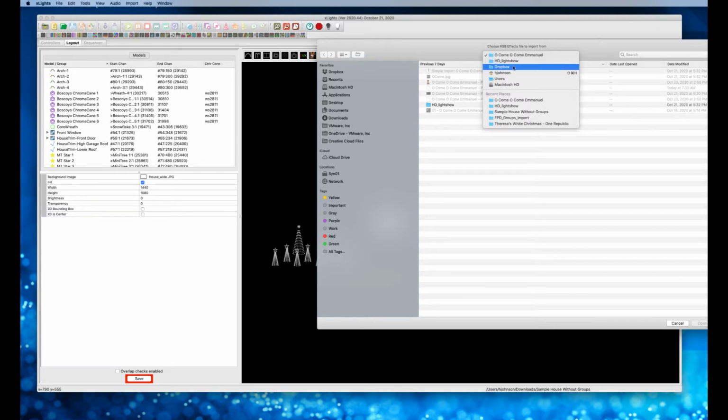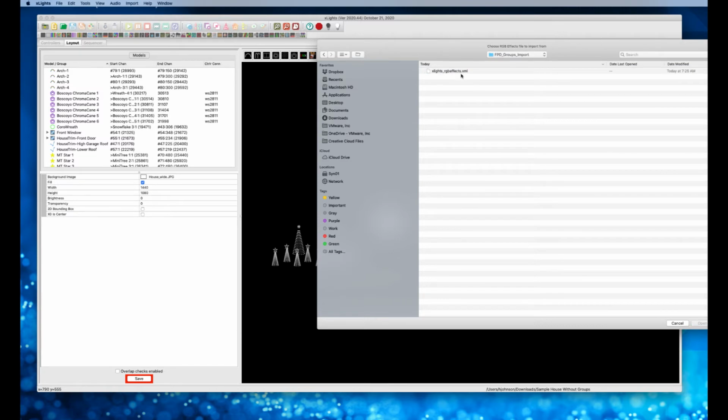We're going to jump over to this XML file that I'm going to put on our Fairy Pixel Dust website. This is an XML file that includes all the groups, and they're empty so that you can import these empty groups into your house. So let's take a look at this